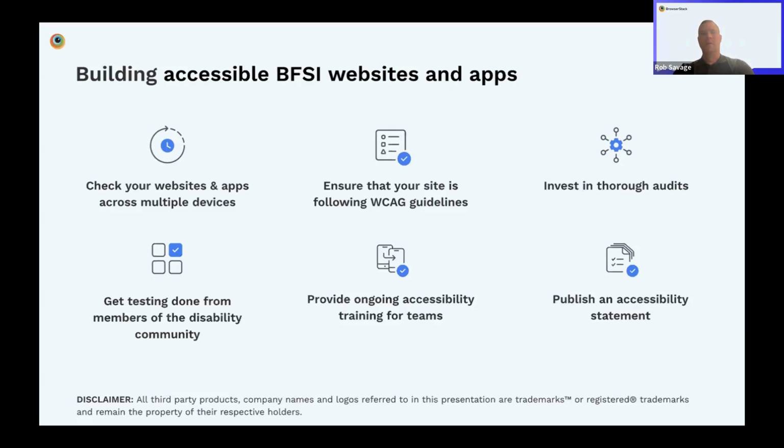Aviva's obviously pretty large, and different pockets have better accessibility than others, and it takes a bit of time to spread that message across all departments. Obviously, the digital and the front end is where it starts, but there's lots more to it than that. We need to think about our internal applications as well. So in terms of publishing a statement, definitely get your strategy in order, know what you're capable of doing, audit what you've got, know where you currently sit, and what work is going to be required to fix that.